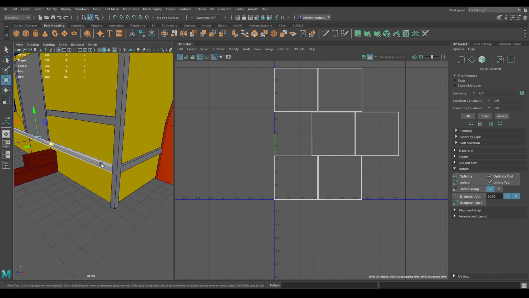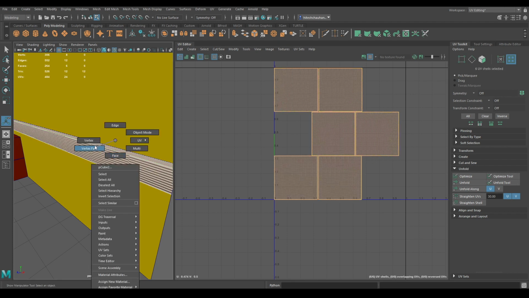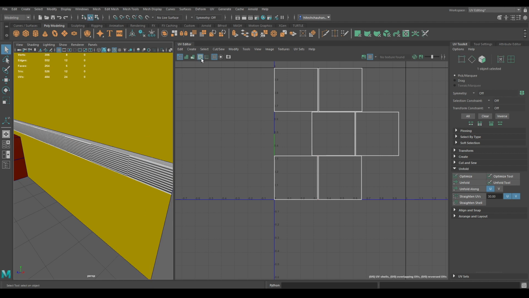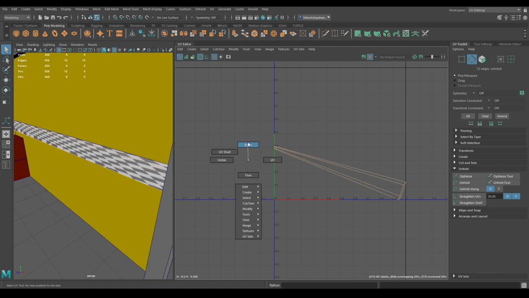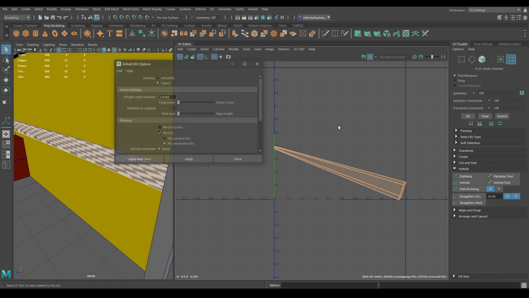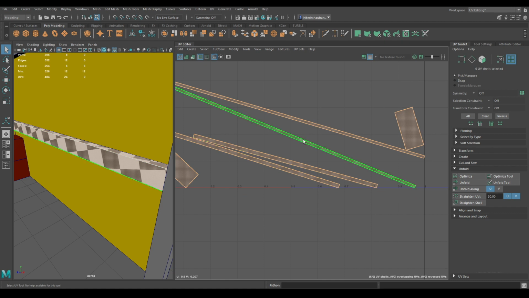Now we have two ways to unwrap this. You can either go to create and select automatic mapping. Then you have to scale down each of these faces to remove this stretching. Or what you can do is go to create and select camera based. Now go to edge mode and select all these edges. Now go to your UV editor and in the edge mode add cut. Now select all the UV shells and press shift right click, go to unfold and select this unfold option box and select this legacy option and then hit apply. Now you don't have to deal with the scaling.